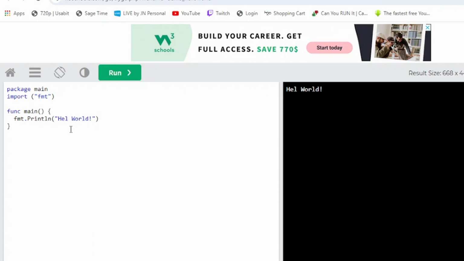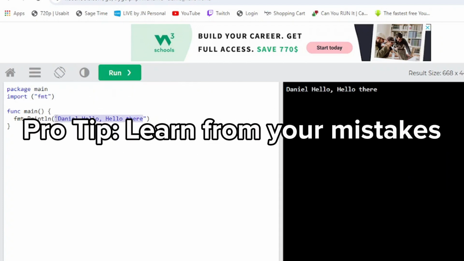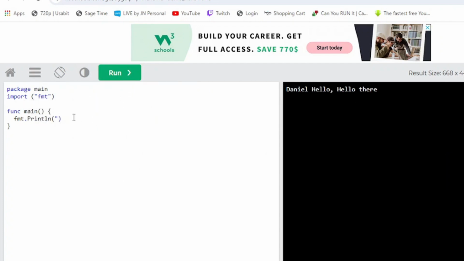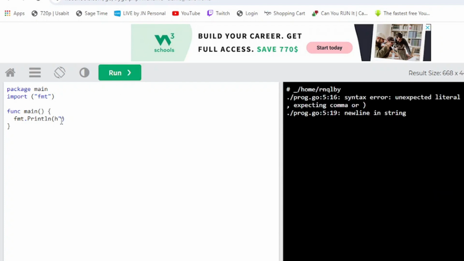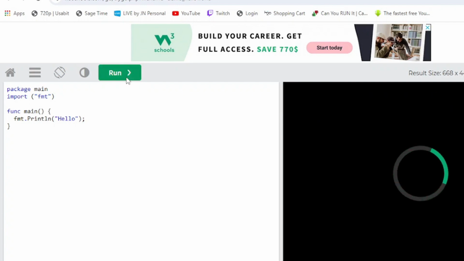The main reason I love messing around with the code is because you can basically find the limits of the code, catch any errors, and to me it's best to learn from your mistakes. Let me see if I have nothing in here, or just something like that. Run, and it gives me an error, right? Okay, what if I say hello? What if there's a semicolon right there? Will it still run? Will it give me an error? It doesn't give me an error, so okay, I can use a semicolon to end the line.